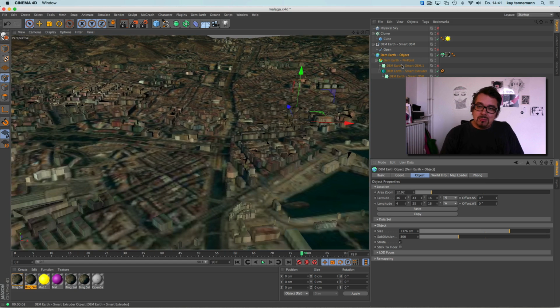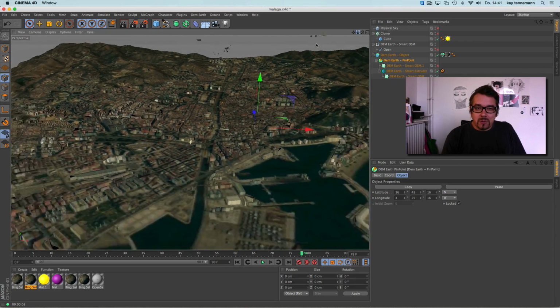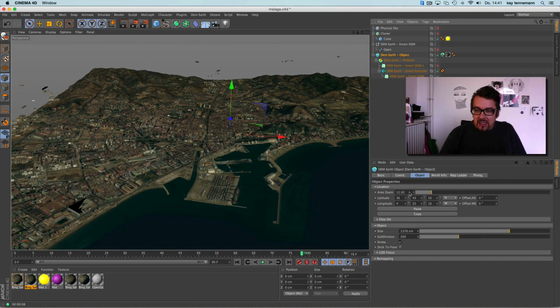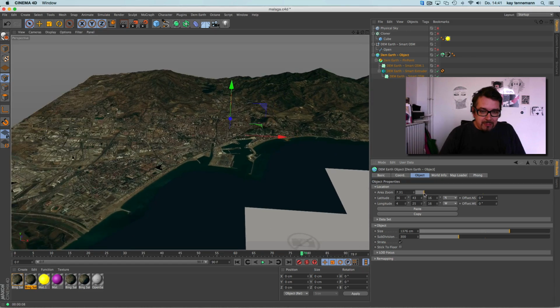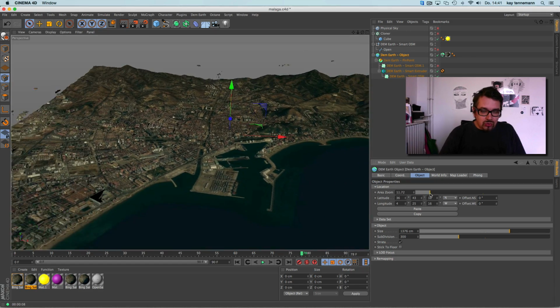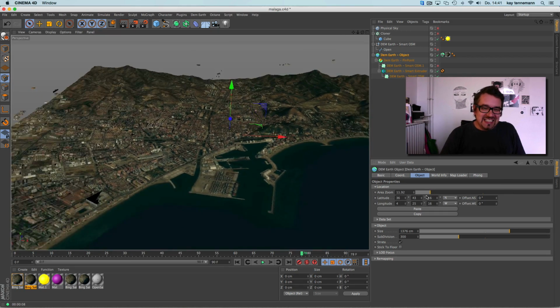The rest is correctly scaled and placed, still with the scale I set up in the DEM EARTH object. You see, the buildings are over the map.